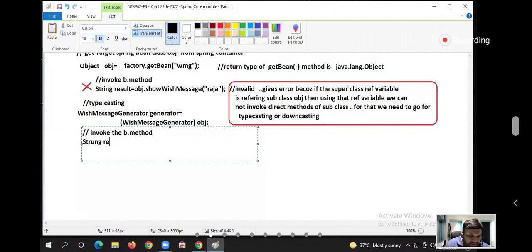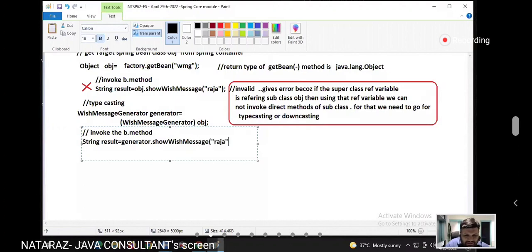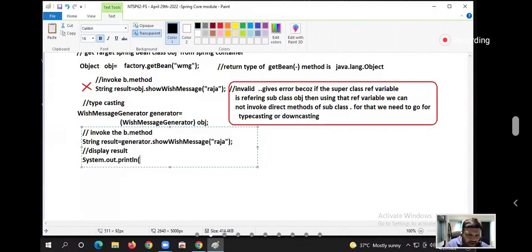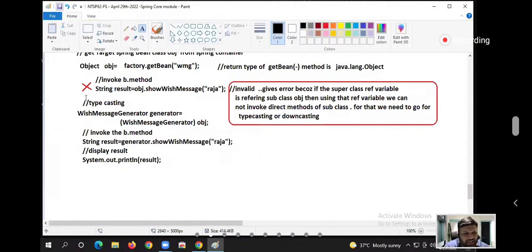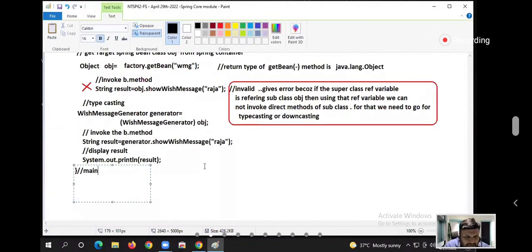String result is equal to generator dot, what is the business method, guys? showWishMessage. Display the result: System.out.println(result). End of the main method, guys. End of the class, guys.